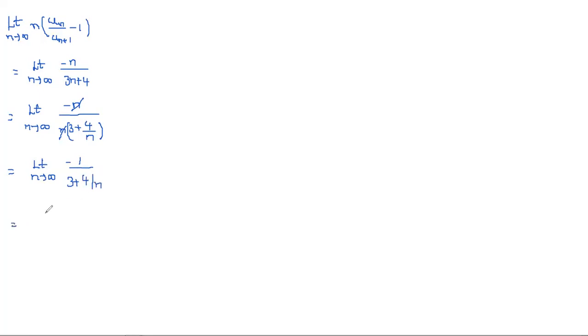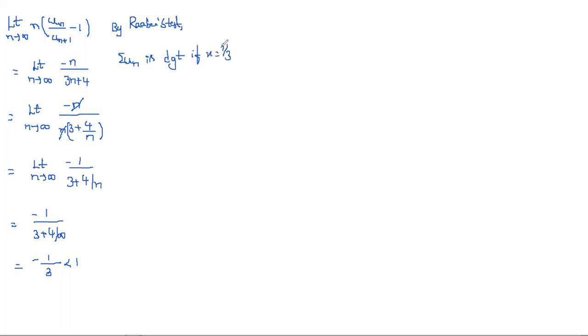And now you can substitute the limit in that: minus 1 by 3 plus 4 by infinity. So anything by infinity is 0. So minus 1 by 3. Is this greater than 1 or less than 1? This is nothing but minus 1 by 3, which is less than 1. So simply what we can write? By Raabe's test, summation un is divergent, since the limit is less than 1, when x is equal to 1 by 3.